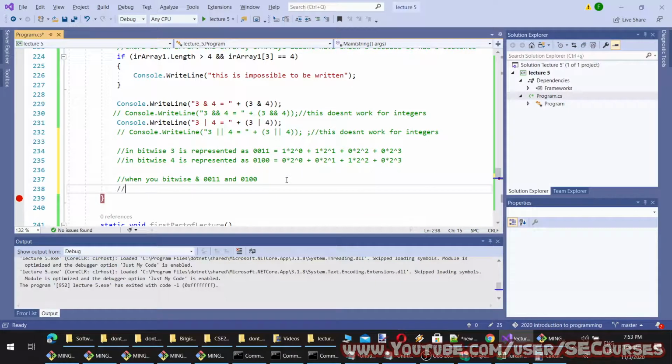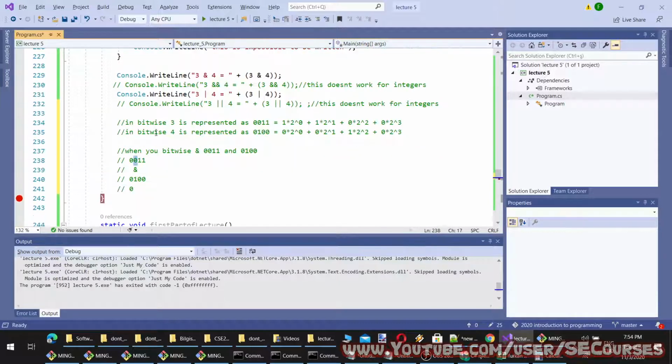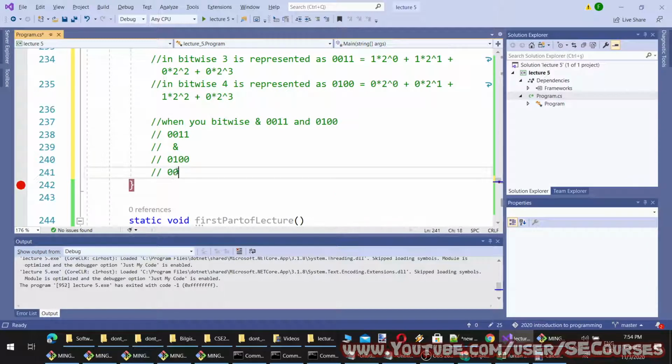Let me type it inside here. From 0 and 0, when you AND them, 0. 0 and 1 gives 0. 1 and 0 equals 0.